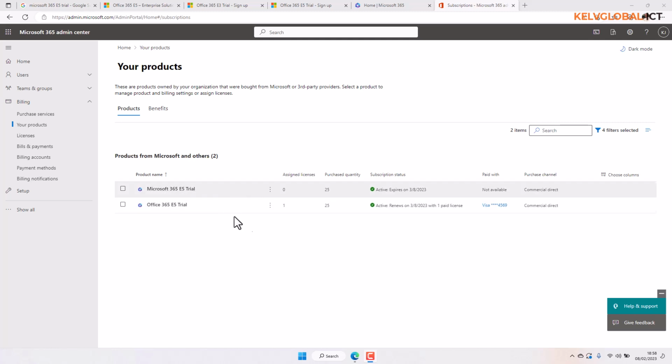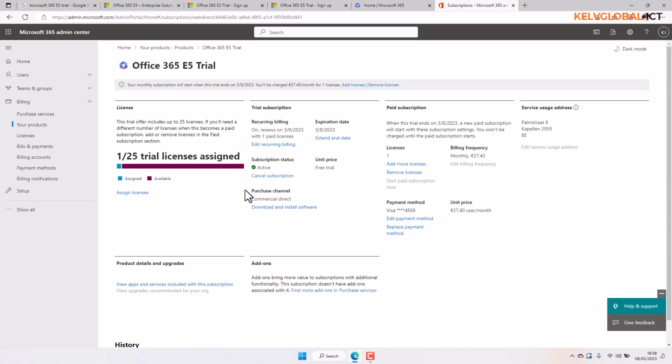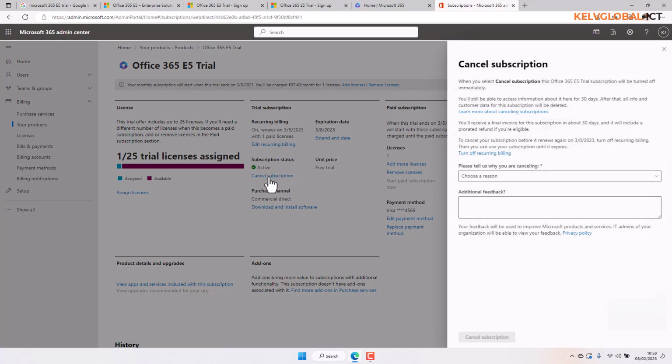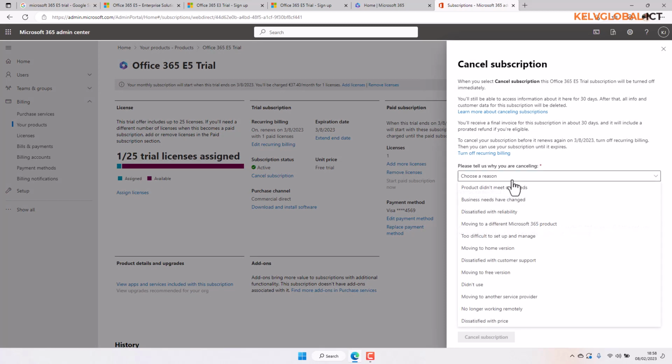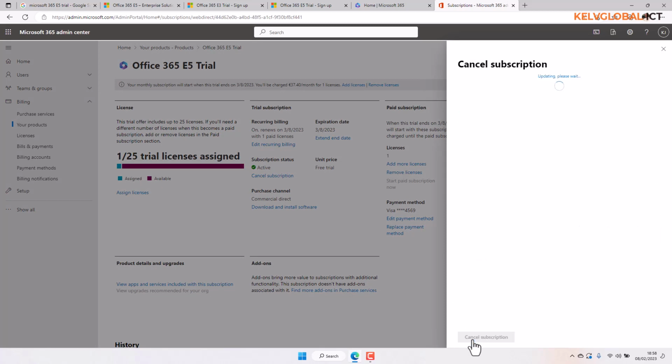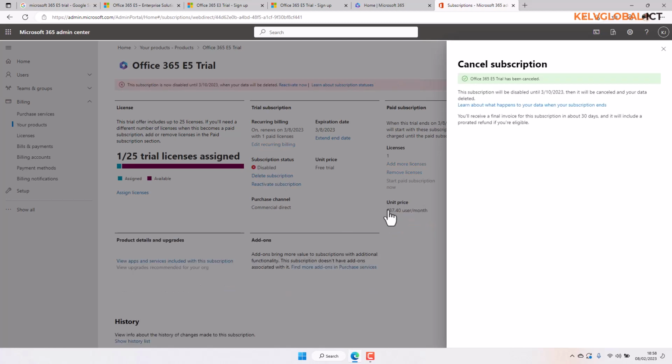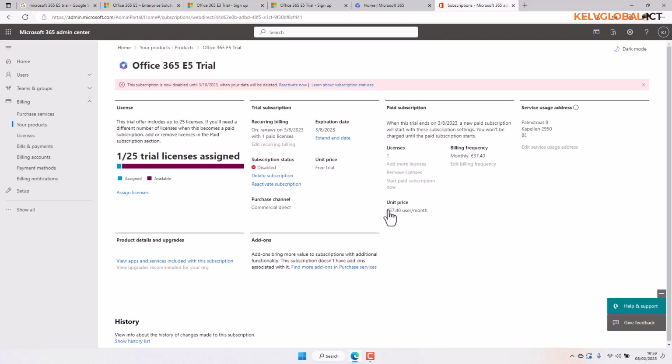As you may remember, when I created this account, it was set to renew and become a paid license. So what I can do is click on the Office 365 E5 trial, and here I can cancel my subscription, choose one of these reasons, and then cancel. What I'm doing right now is making sure that if I forgot to cancel my subscription after 1 month, I'm not forced to start paying for a subscription I'm not using. So if I go back again to your products,